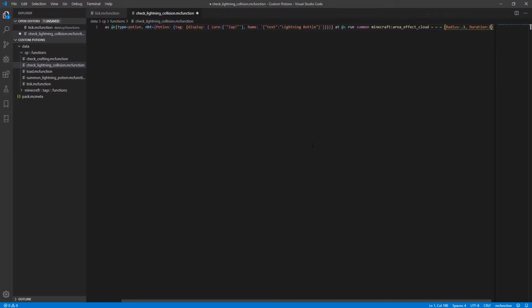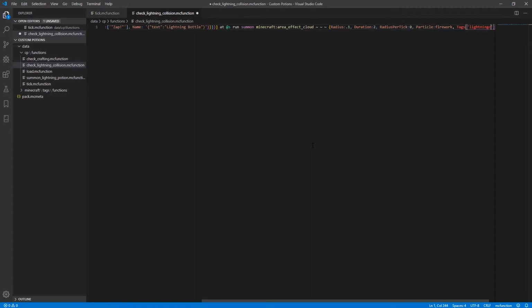Duration. We're going to give it a duration of 2 ticks. We're going to say radius per tick is 0. And we're going to set its particle to a firework particle. We're also going to give it the following tag of